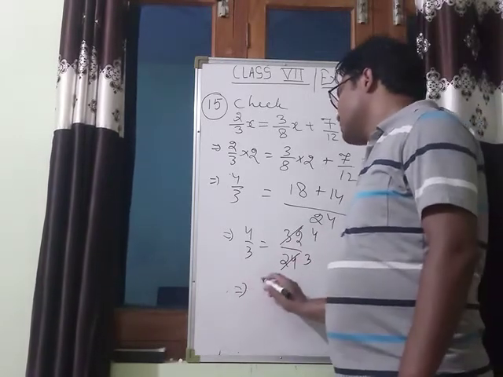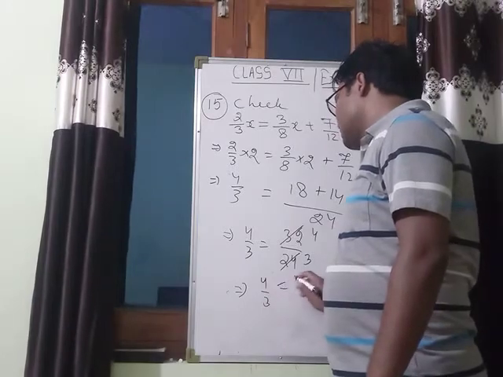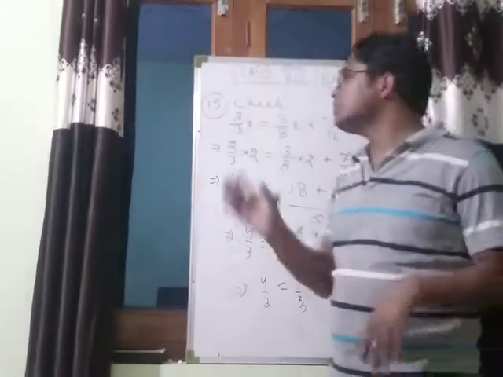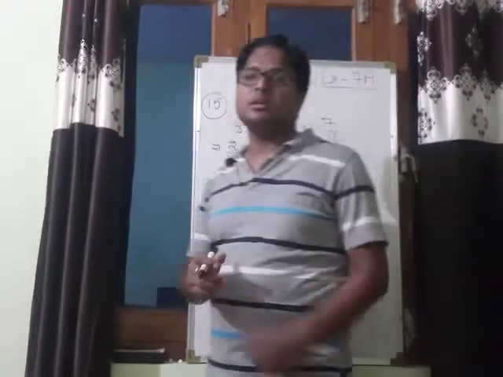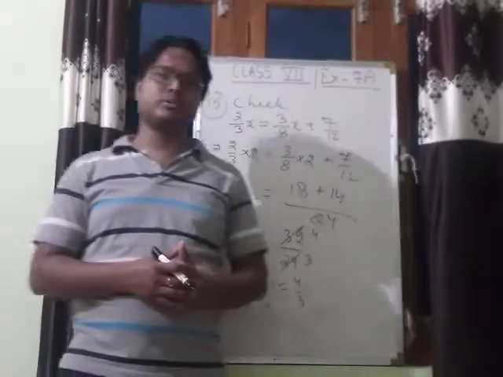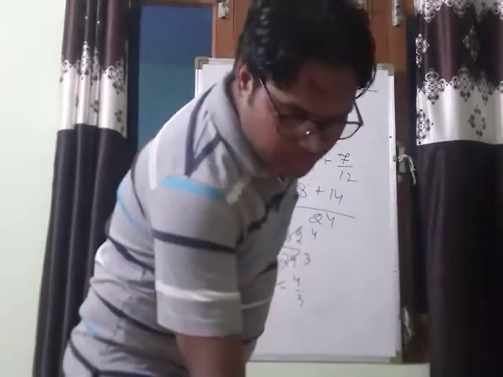So we have 4 upon 3 is equal to 4 upon 3, means our answer is correct, means x is equal to 2 satisfies our equation. That's why x is equal to 2 will be the solution of this equation. Okay. Now question number